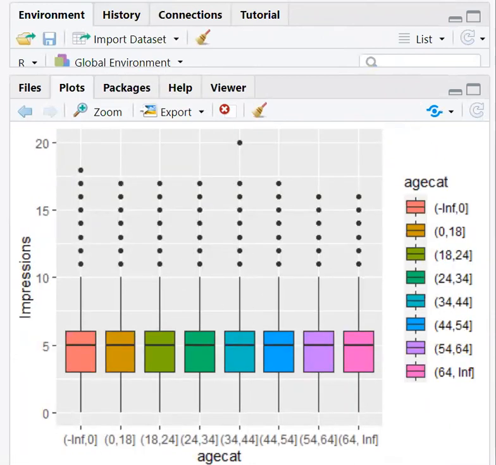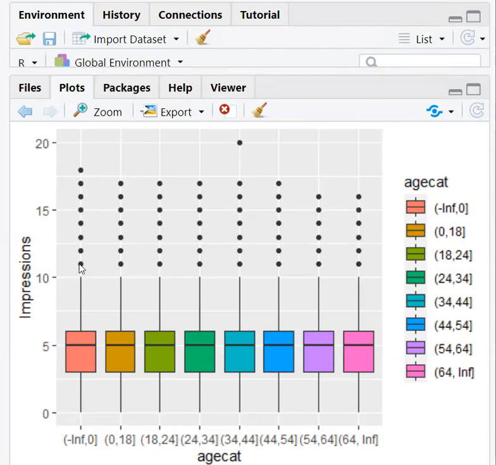This is a typical box plot graph. You can observe age category on the x-axis, impressions on the other side. This itself is a box plot. The box plot has 3 ranges. This is the first quartile value, the median, the second quartile value. And these dots indicate outliers.